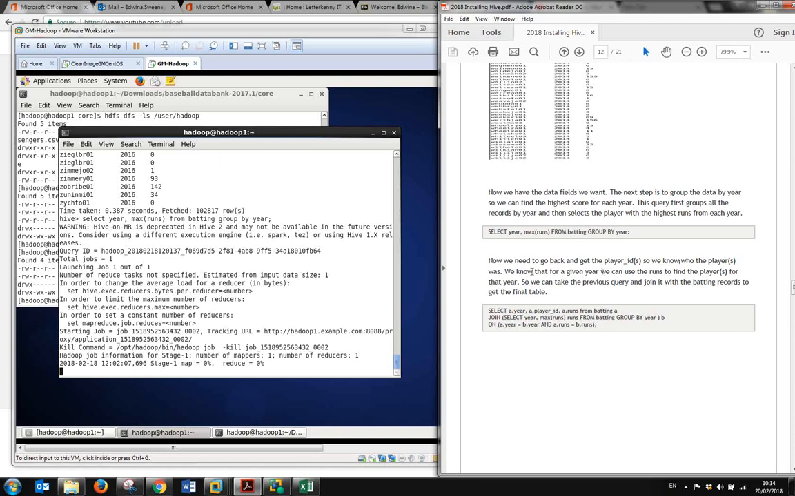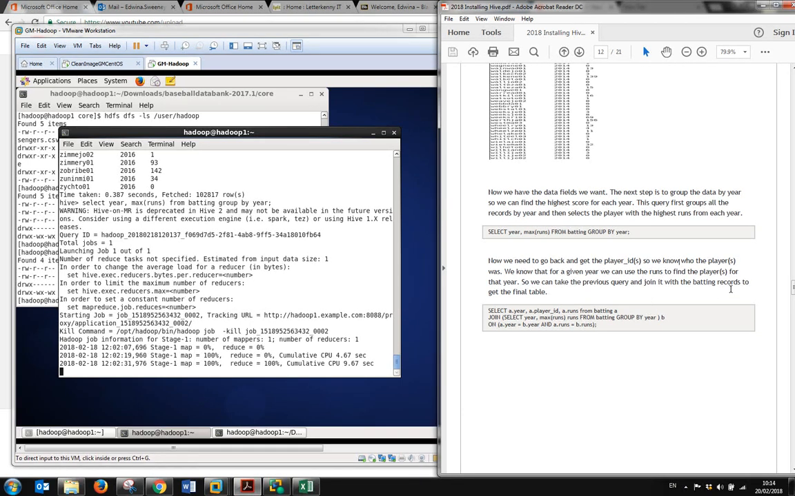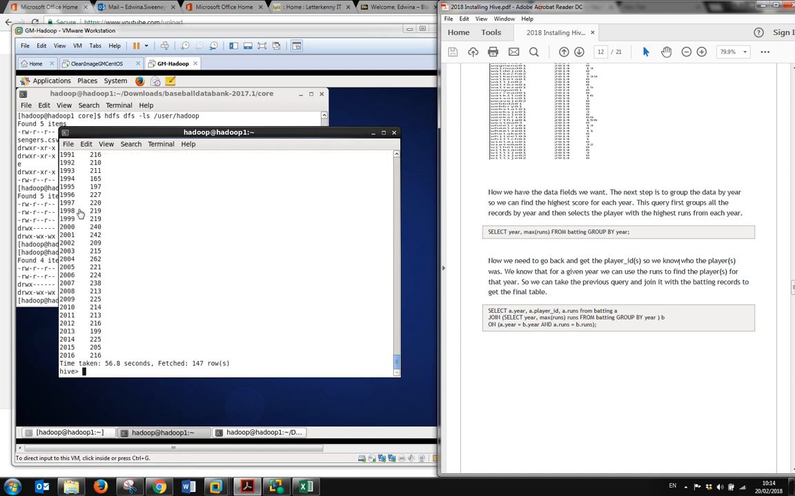Now we need to go back and get the player ID so we know who the player was that had that max run. For a given year we can use the runs to find the player for that year. So we take the previous query and join it with the battings record to get the final table. There are the max runs per year. Now we want to find the player ID associated with those max runs. So we can go ahead and run this query,